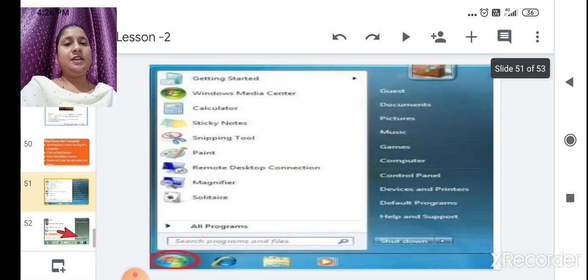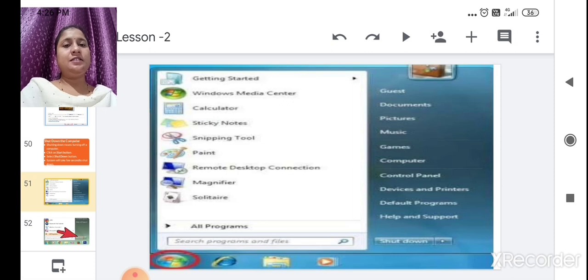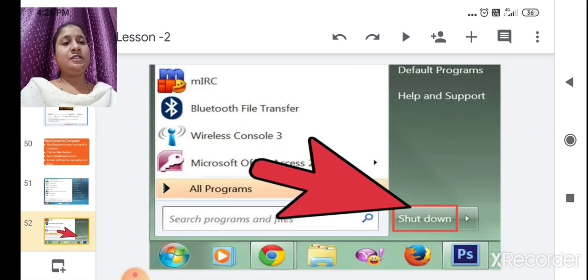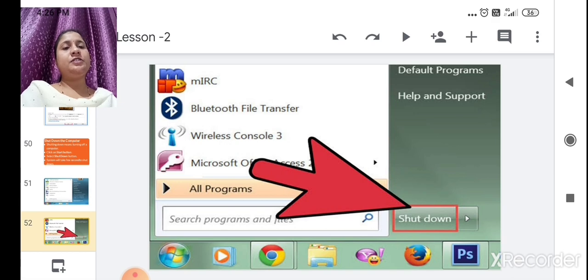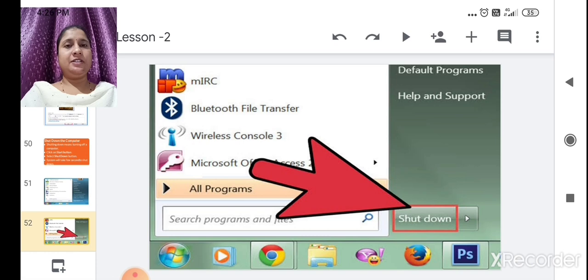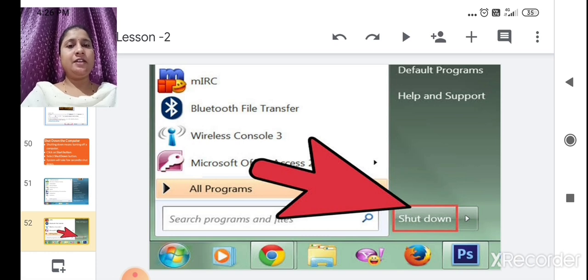So here, after clicking on this start button, this option will come, all programs, all this, and with that the shutdown option also comes. You have to select it, you have to click on it. After clicking it, within a few seconds your computer gets closed. Got it now? Shut down, very easy.